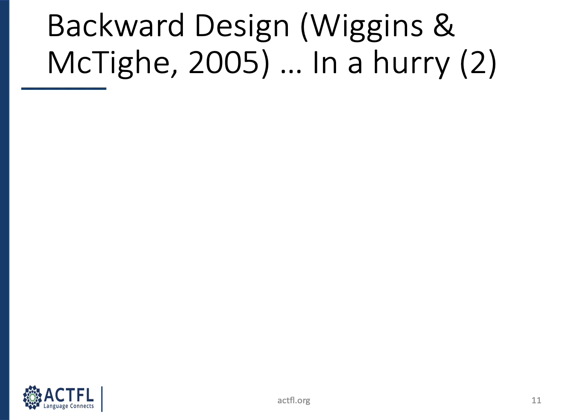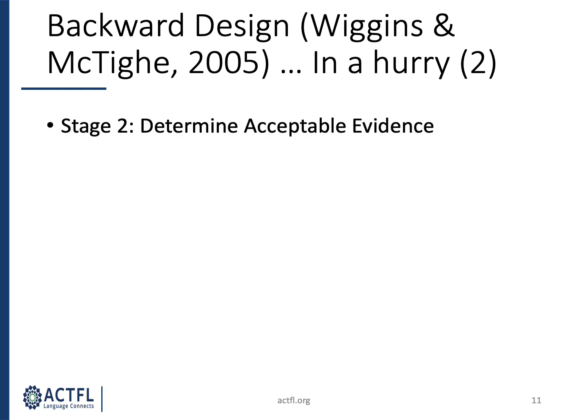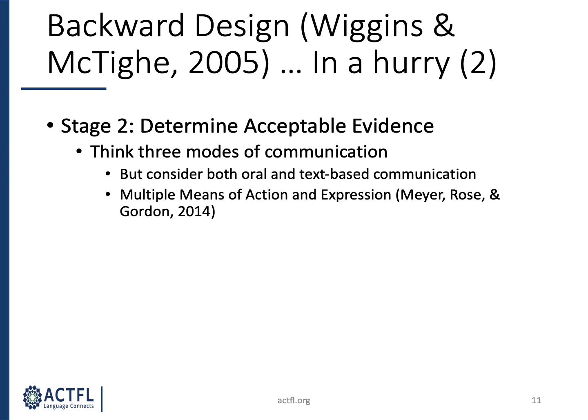In Stage 2 of backward design, you will determine acceptable evidence. In other words, you begin to think about how students will be assessed. Online instruction offers numerous ways to assess student learning in the 3 modes of communication. I would recommend that you offer choices to students at this stage and that you be flexible in how you ask students to complete assignments. By providing multiple means of action and expression, you help learners of all abilities complete the tasks you set forth. You also save yourself the headache of trying to troubleshoot that one piece of technology that you have required students to use, but they are having trouble with. By offering choices, students can simply move on to a different option if their first choice is not working for them.